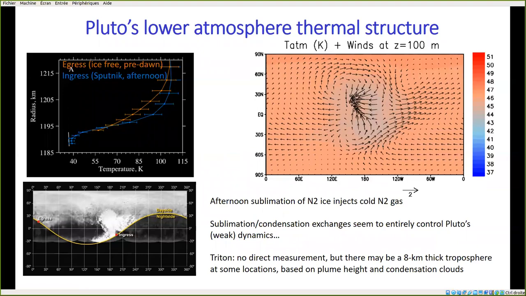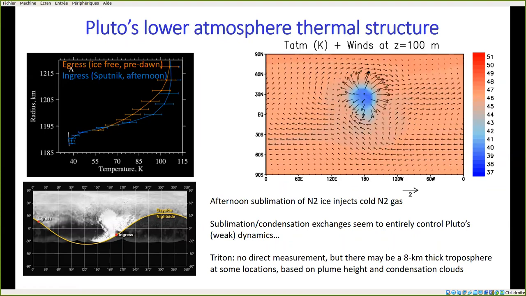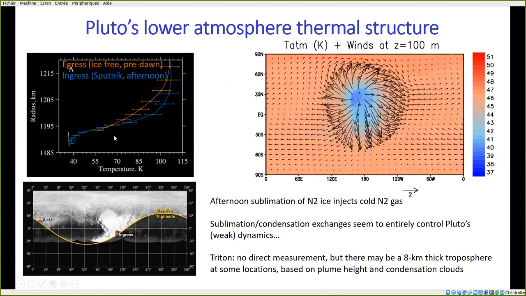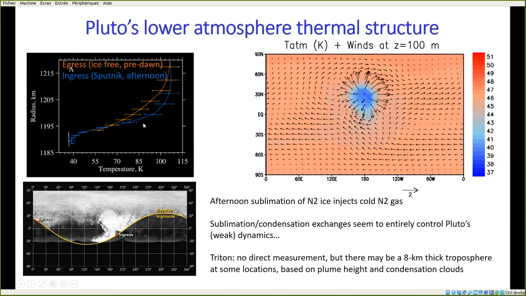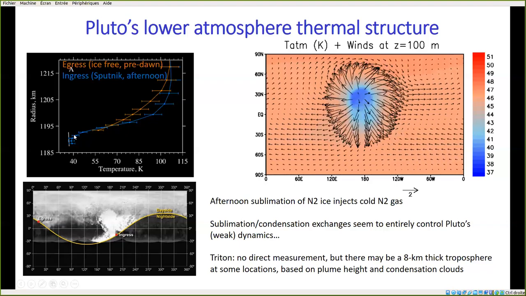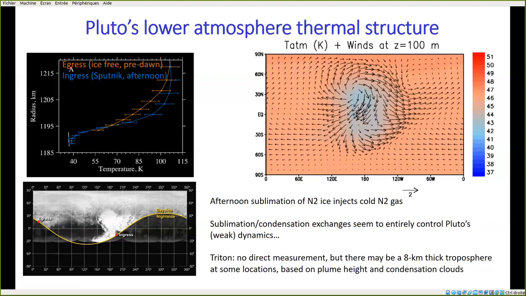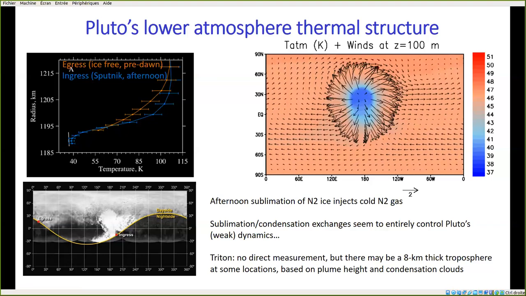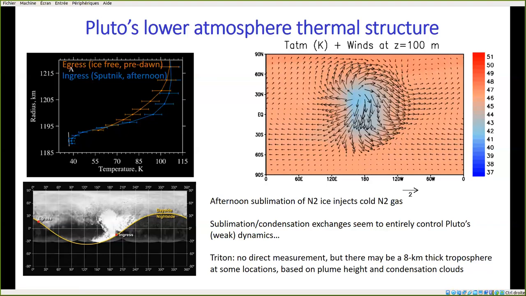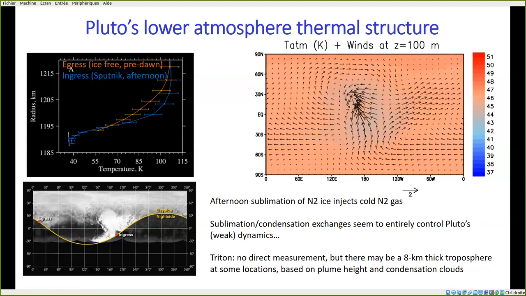Another effect of the condensation sublimation cycle is visible in the near surface thermal structure of Pluto's atmosphere. In the lower atmosphere, the temperature shows a very large positive temperature gradient, for reasons I'll explain later. But here we are interested really in the first few kilometers. The New Horizons observation returned two temperature profiles from radio occultation, especially one of them, which is marked ingress here, was obtained above the N2 ice region, and the corresponding profile goes to very cold temperatures before changing sign of the temperature gradient in the first kilometer.